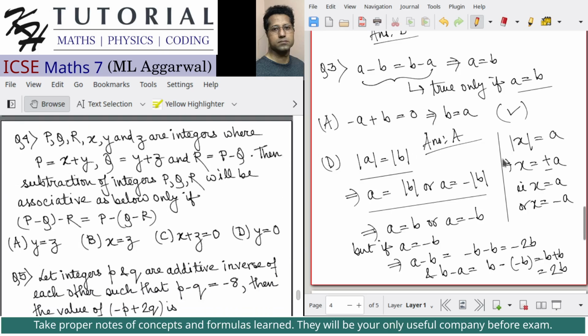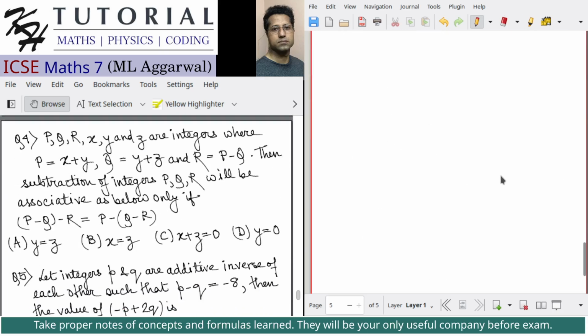Okay, let's see question number 4. It says that P, Q, R, X, Y and Z are integers where P is equal to X plus Y, Q is equal to Y plus Z, and R is equal to P minus Q. Then subtraction of integers P, Q, R will be associative as below only if